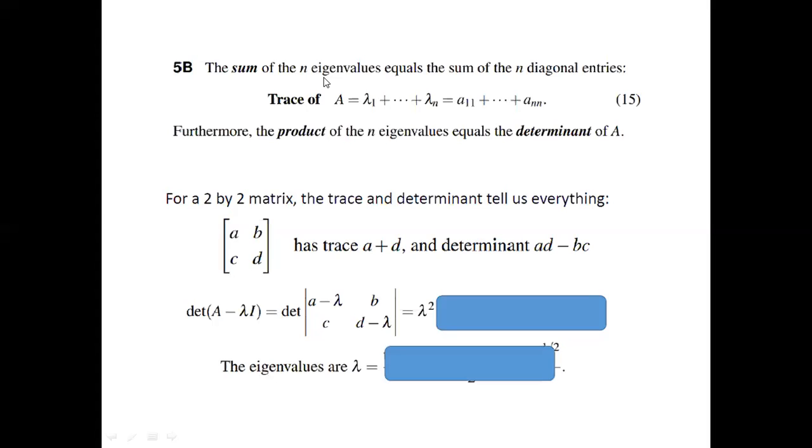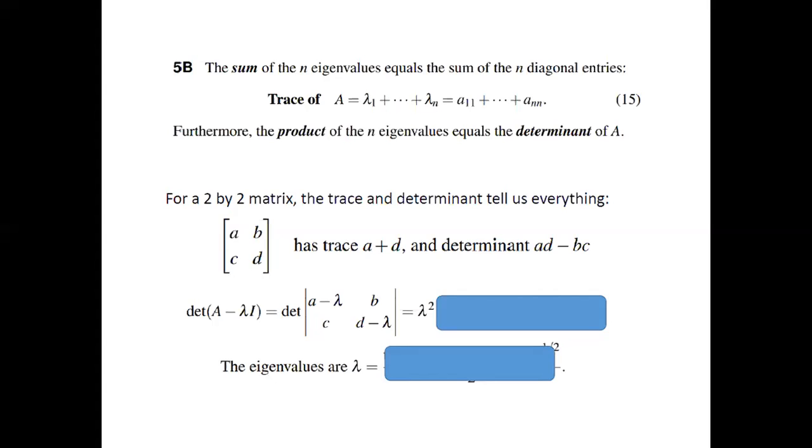The sum of the n eigenvalues equals the sum of the n diagonal entries, and that is nothing but the trace of A, which is lambda 1 + lambda 2 + ... + lambda n. For more clarity, it is a11, the first component of the first row and first column,